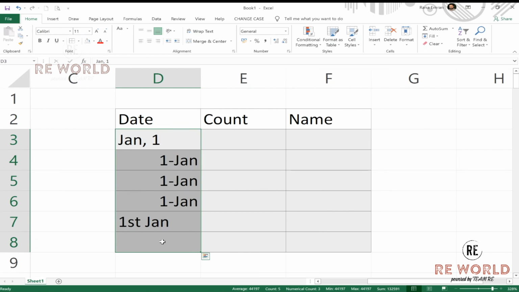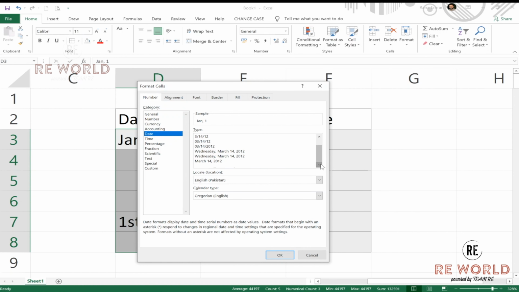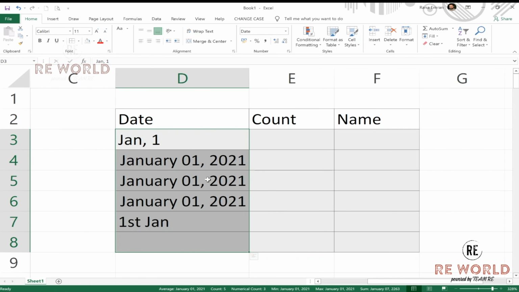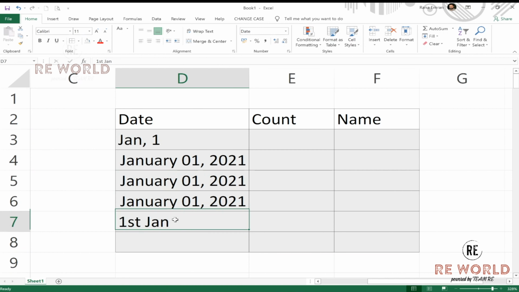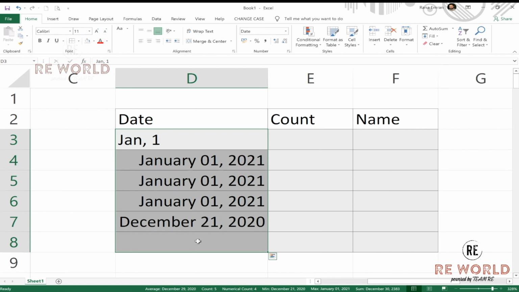So first of all, let me see the date format. It should show the full date like this. Okay, now if you see, these two dates have not been converted because the template and the format were not good. Secondly, I don't want any date before January 1, 2021. So maybe here somebody will be able to add a date before 2021. So now I will put a data validation rule on this range, where any data entry operator will not be able to add any date which is not required.